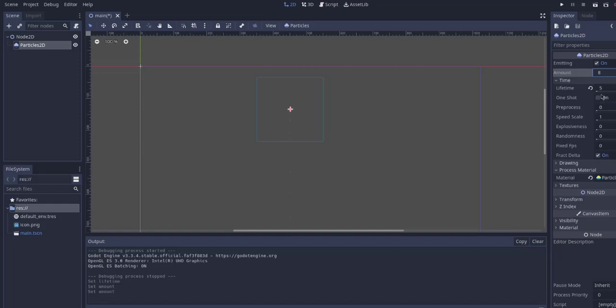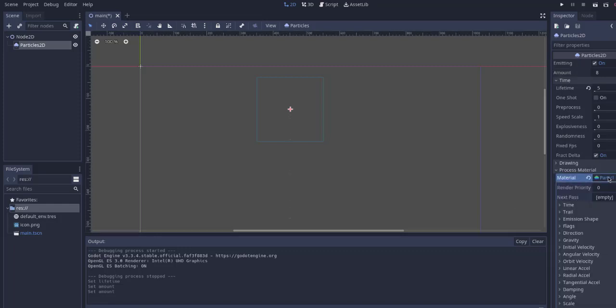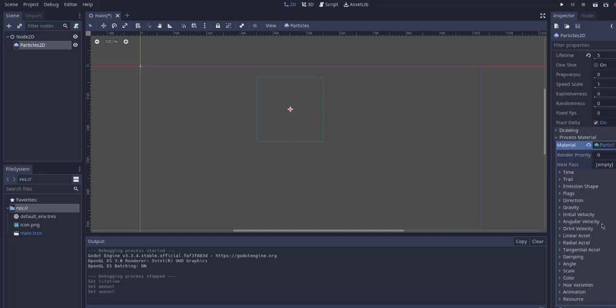Now you can also set that to one shot, so you get the feel of something like a plane shooting out a laser or something, right? The next thing we can do is go ahead and do some editing of this new particle material. When you select that, you will find a few things to change. Let's go with scale. Now scale this to 15,